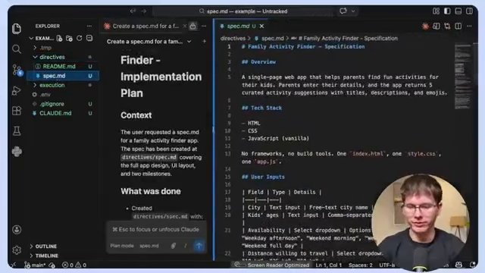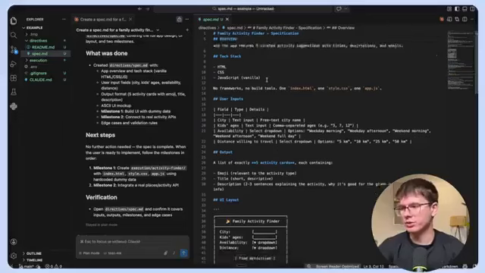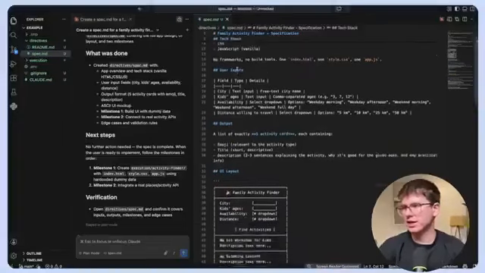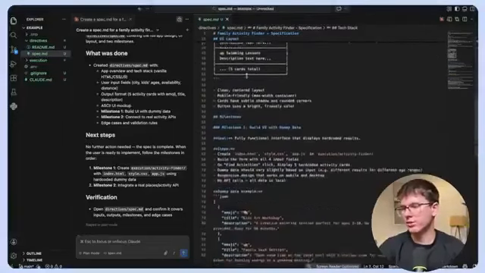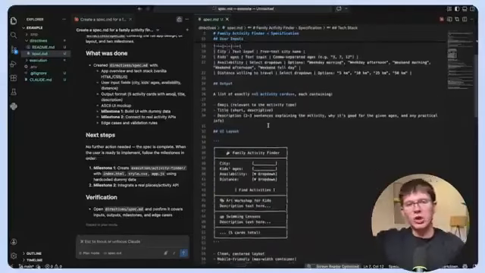Let me zoom out a little bit. That tells us the overview of the exact app that we're going to use, right? So we have the overview, tech stack, user inputs, output, UI layout, milestone 1, and we have dummy data examples, milestone 2, and so on. This gives a lot more clarity and structure to Claude Code later on